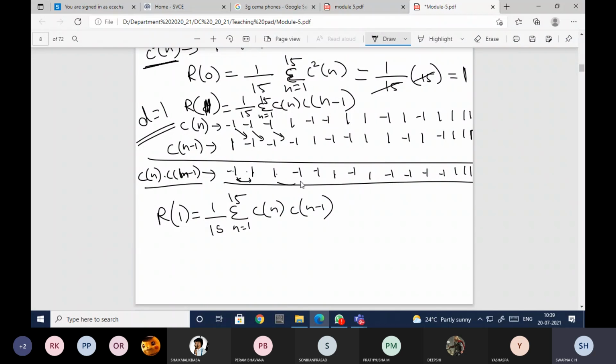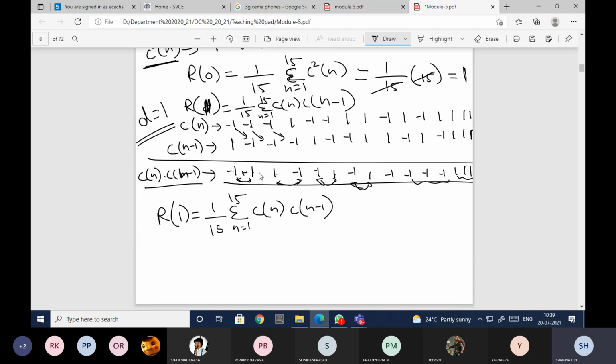You need to add the entire thing. So these two you can add, these two add. And here I have 3 ones, and here I have 3 ones, so everything will get cancelled with each other. Finally when you add all this, you'll get minus 1. Just check this. If you have any doubt, you can ask me.